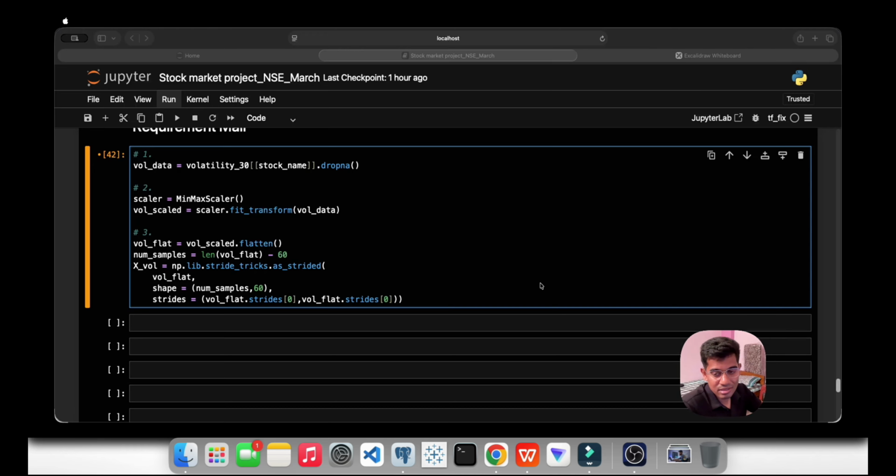Right now we have to create it for the y volume as well. In y volume we will just keep vol flat of 60 onward. I know most of you might have understood till here that we are using a slice. So we are creating the target values that we want to predict.